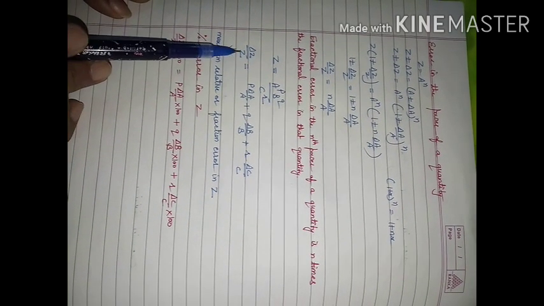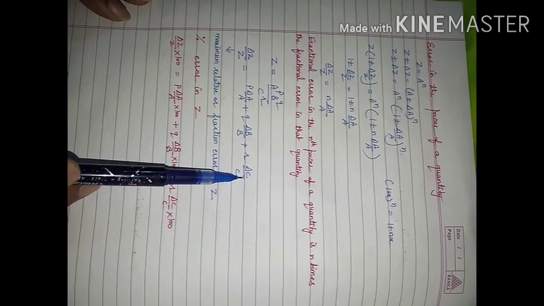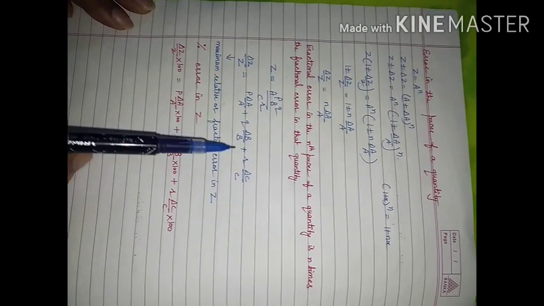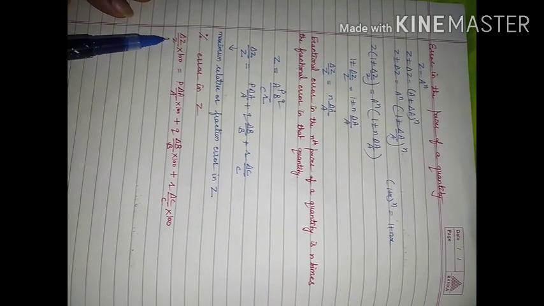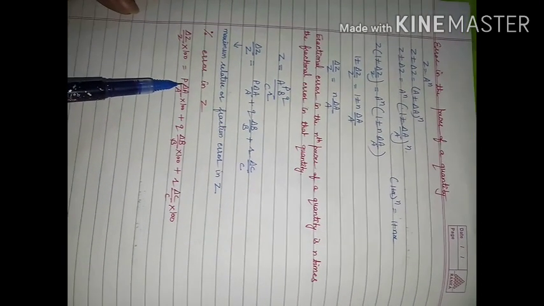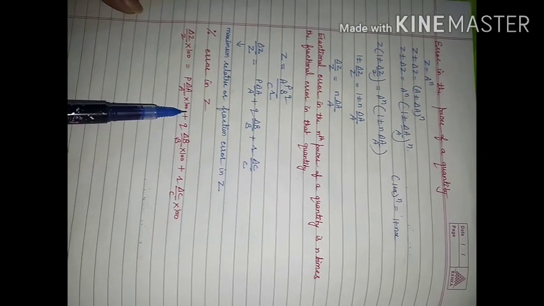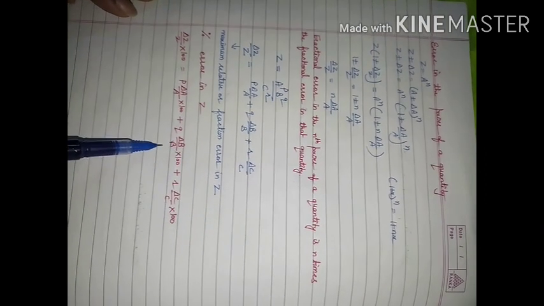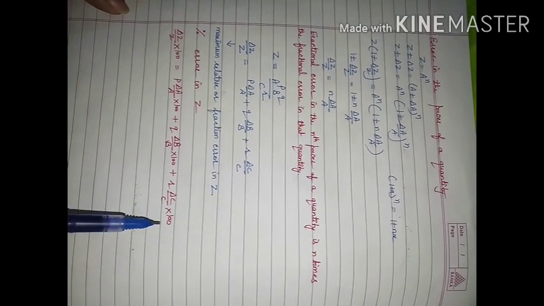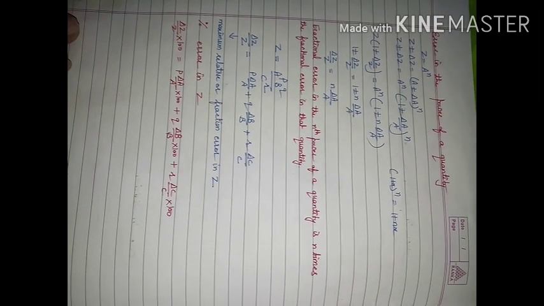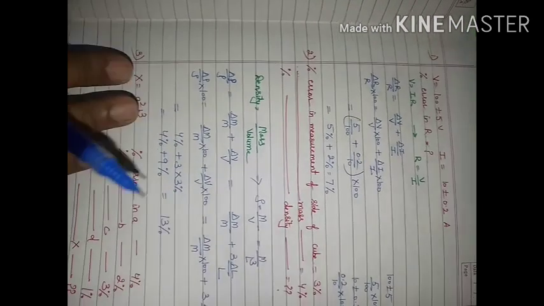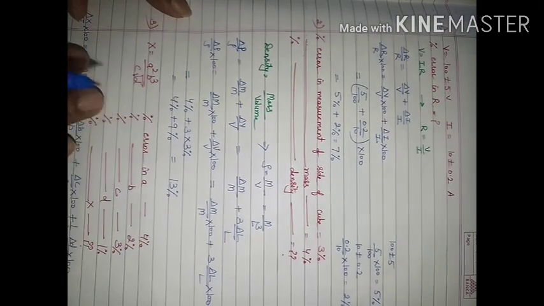And if you want to represent this result in percentage error, then left hand side or right hand side you have to multiply by 100. So delta Z upon Z into 100 is equal to P delta A upon A into 100 plus Q delta B upon B into 100 plus R delta C upon C into 100. Let us solve few numericals which are based and important, because numericals are important from these combination of errors.